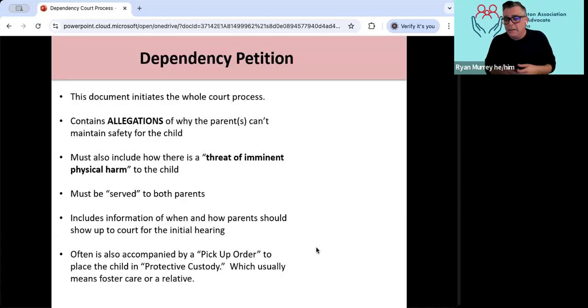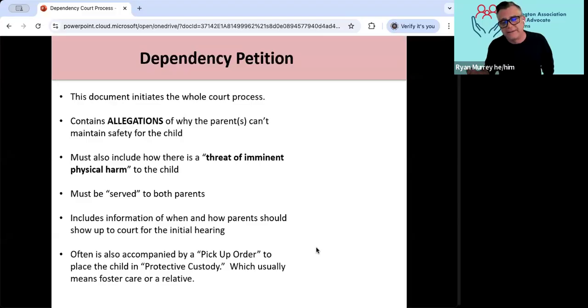However, many of the attorneys have interpreted that as meaning that you can't have a dependency unless there is that threat of imminent physical harm. Some jurisdictions have negotiated what that looks like, so that you could potentially have a dependency without removal.